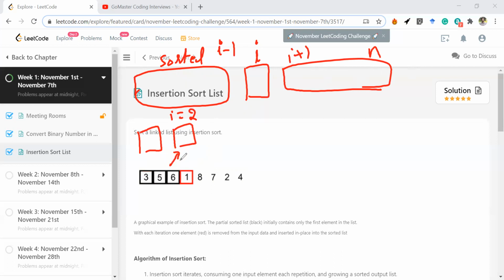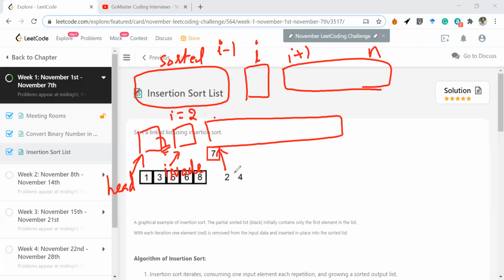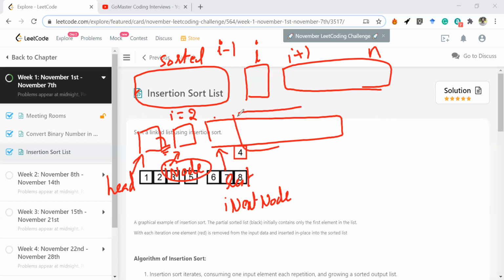So we can have a pointer to this one, say call it the i node here. The sorted list may be the head itself, and the last node of it points to null. And we have the rest of the list, which I normally call the i next node, the next node of the ith node, which is not yet explored. Every time, we insert this i node into the sorted list which is before that. Once you insert that, you move i node to the i next node, and make sure it is isolated, and the rest of the list is reduced by one.